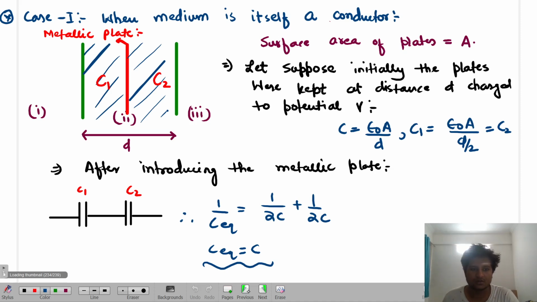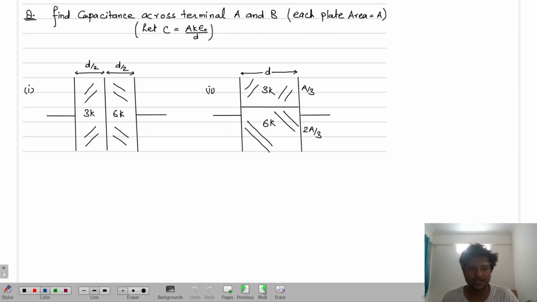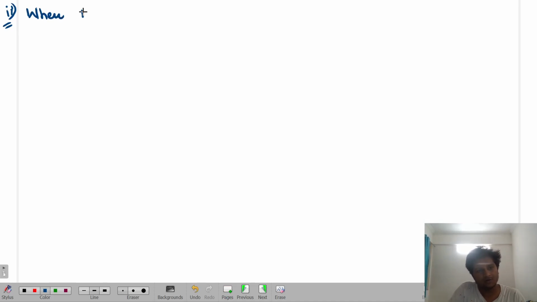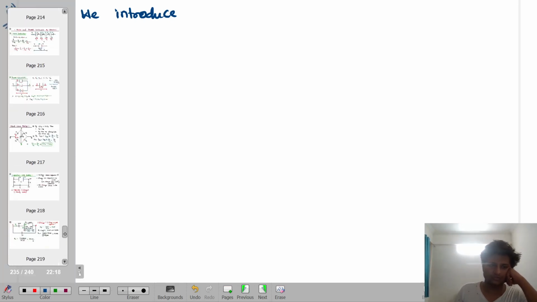Okay, so zero. So now in the first case we introduced the metallic conductor. Medium was metallic conductor. The second type of concept is case two, when we introduce a dielectric medium. So there were two kinds of dielectric medium, polar and non-polar, isn't it? So what kind of dielectric medium do we have to take? See that. What was the difference between polar and non-polar?